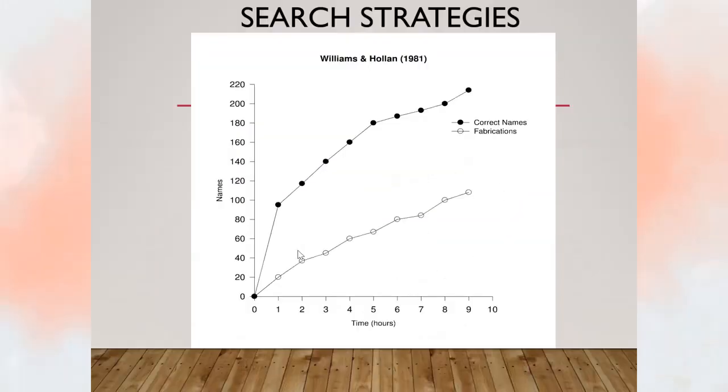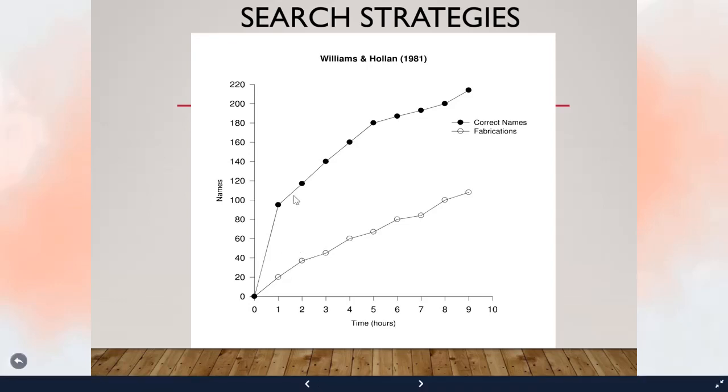So another example of search strategies comes from this Williams and Holland study. They were interested in wanting to know what strategies people use to search their memory. So in this study, subjects were instructed to recall each person they went to high school with. So imagine being asked that. Give us all of the names of everyone you went to high school with. Unless you went to a really small high school, this might be a difficult thing. And they did so over long time periods. So you see the increase in time, right? This is the hypermnesia concept, where they're getting more information out with repeated attempts.